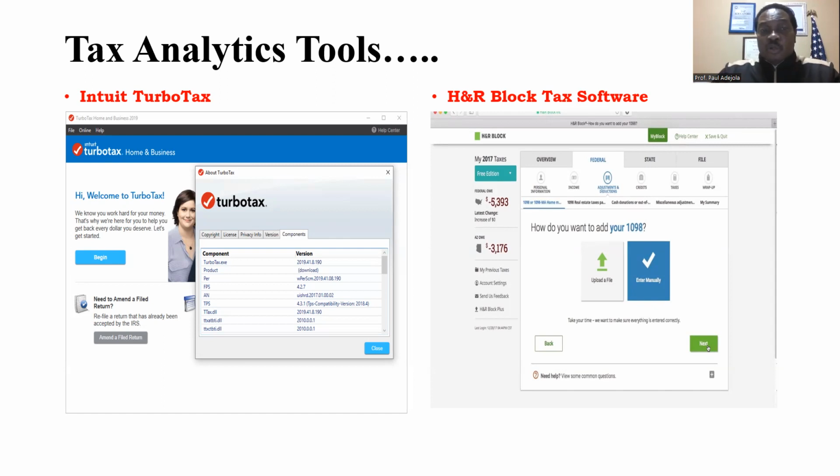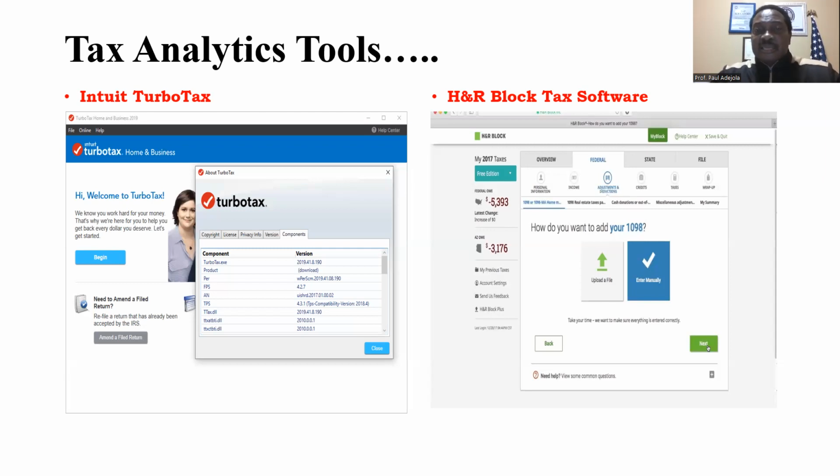Now, if you launch your browser, just type in TurboTax. It will give you the diagram you are seeing there, and you can play around, it is user-friendly. And I said, of course, it's a popular saying, even in Freetown, there is no free meal. When you start using this, you can use it free for some days, but thereafter, you will be asked to be paying a monthly subscription. Sometimes it can be an annual subscription. The next